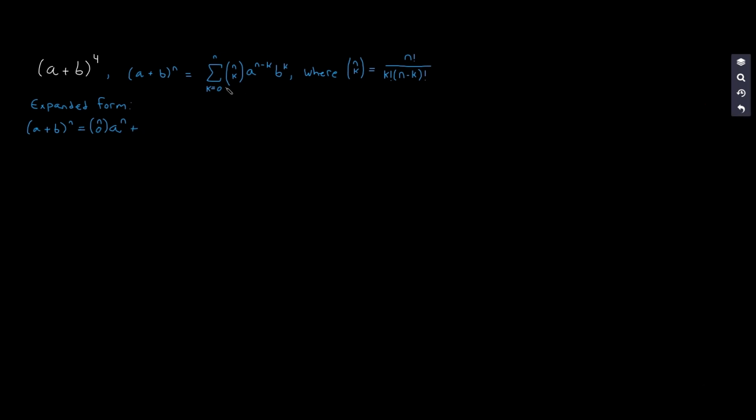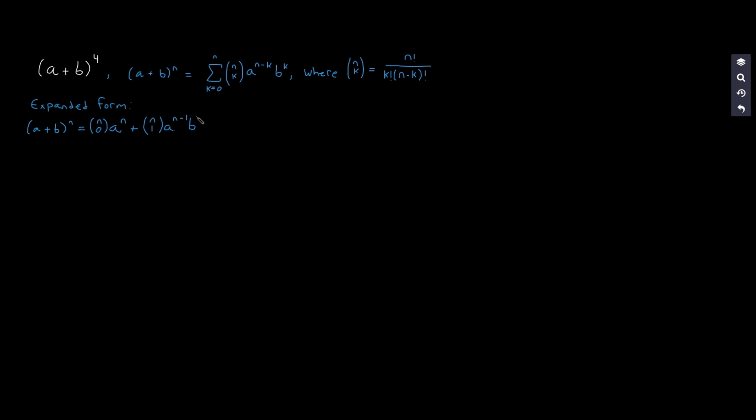Plus, what's up next? The coefficient value for k equaling 1, because 1 comes after 0, so we're going to have n choose 1 times a raised to the power of n minus 1 times b raised to the first power,